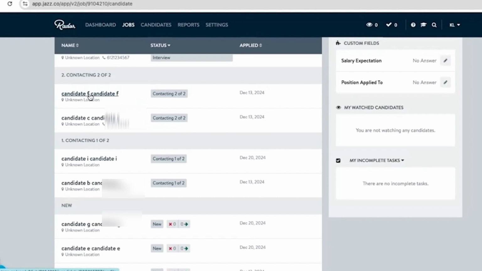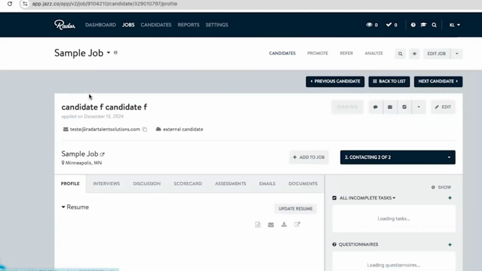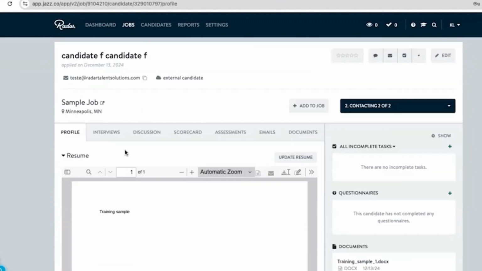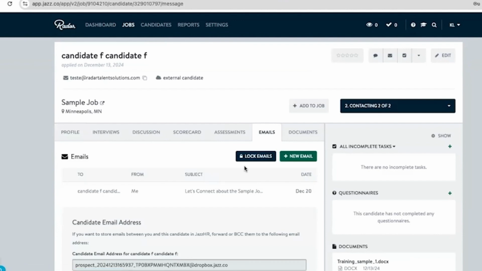So I'm going to open that candidate, and to check for how many times they have been contacted, you need to select emails. We always want to try to reach out to them at least 3 to 4 times. If they have not been reached out to 3 or 4 times, you would then want to select a new